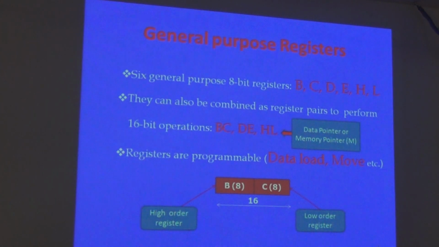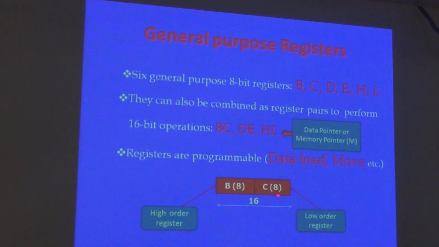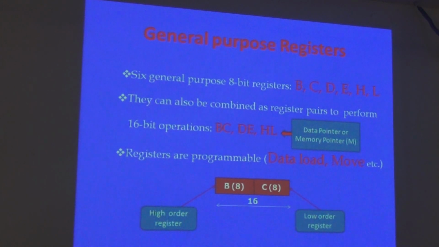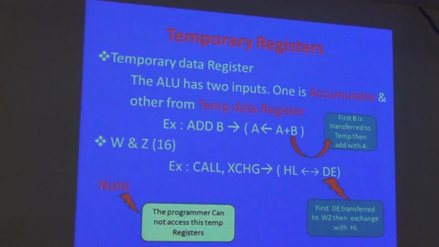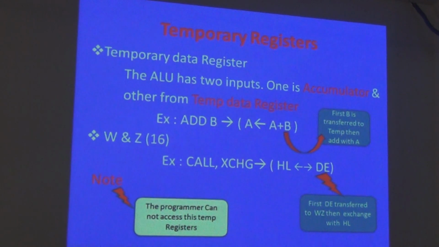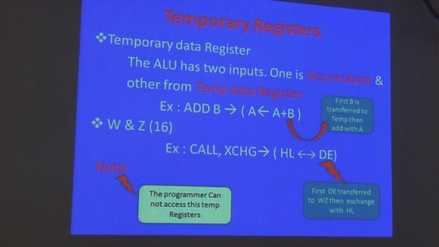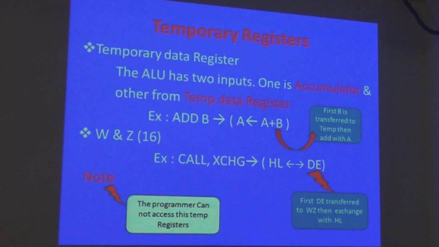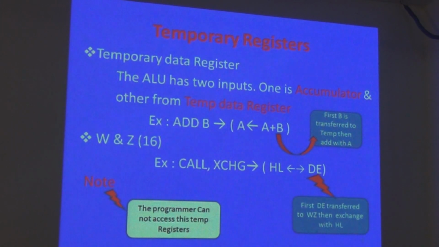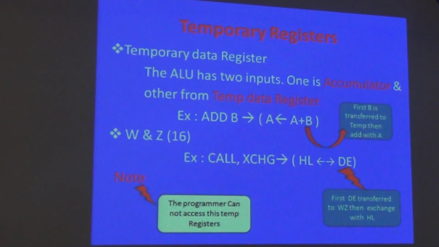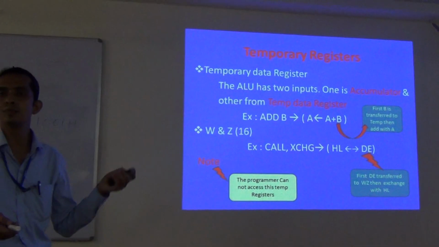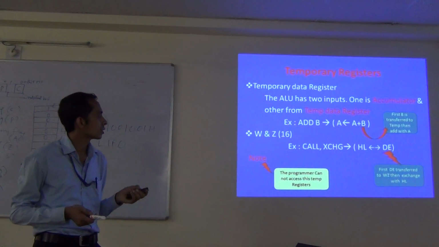What is the lower 8-bit part? For example, in a total 16-bit register, this part is the lower 8-bit register part. This part is the higher order 8-bit register part. And if I go furthermore, you will see how the temporary register is working. In the temporary register, how the instructions are accessed, and during execution, how the processor stores the data or the intermediate result during the operation, it is being shown in front of you.